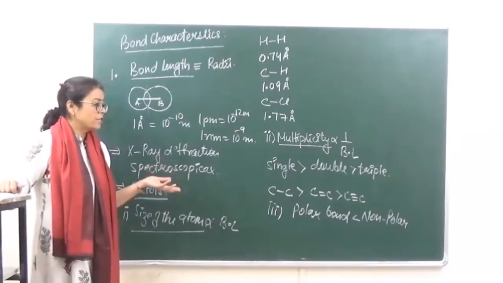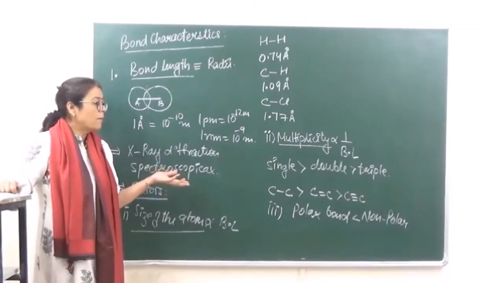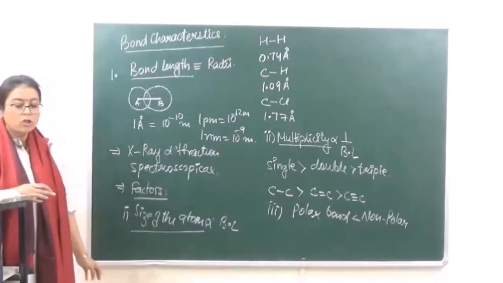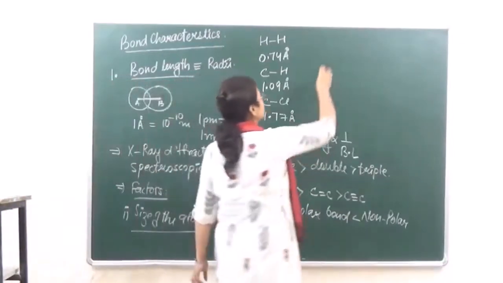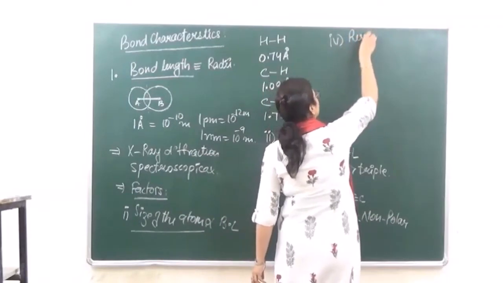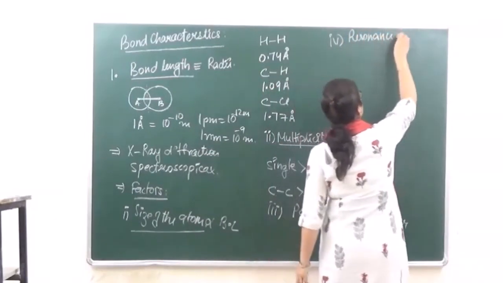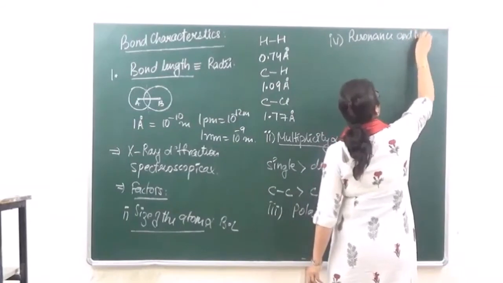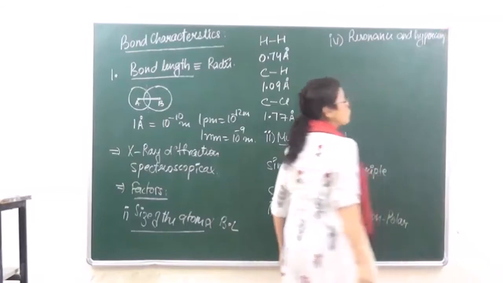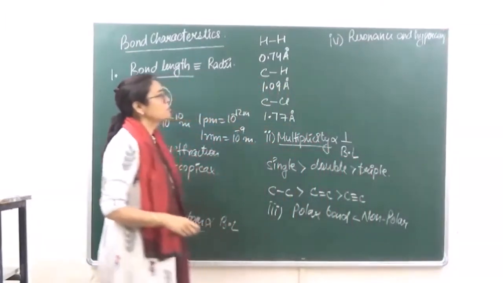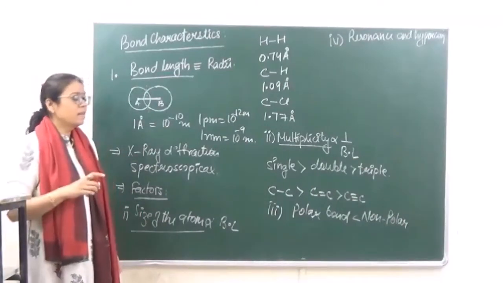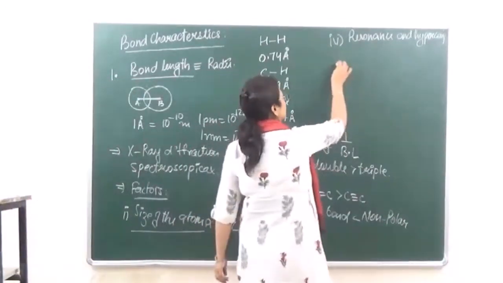So if the forces of attraction increase, what will happen? Bond length is going to decrease. Okay? After that, bond length is also affected by resonance and hyperconjugation. Bond length also depends upon resonance and hyperconjugation. This we will discuss in organic chemistry, but just for a general idea, in case of resonance, if you're talking of, say, benzene,